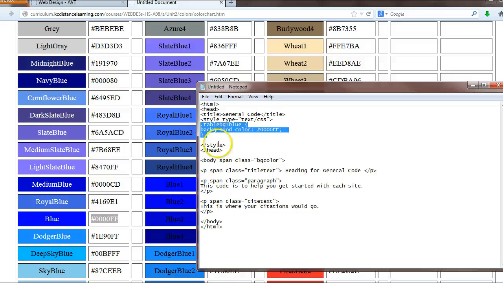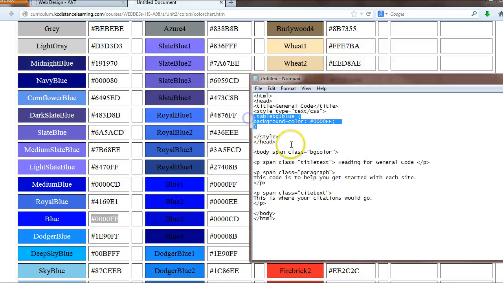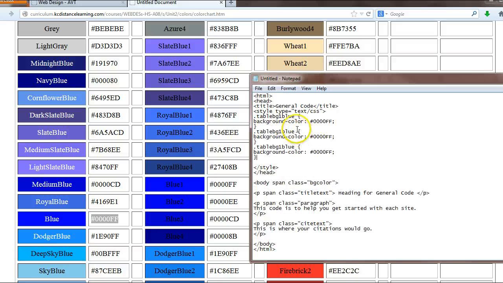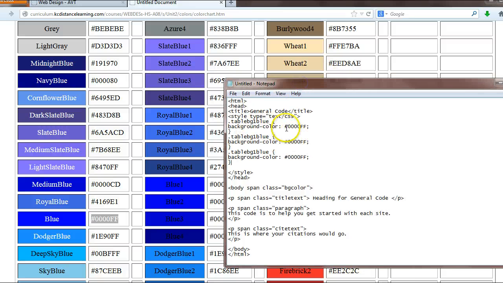with table background colors. So I'm going to highlight here what I have for my first table background style, and I'm going to just paste it a couple times because I know that that's what I'm going to be working with, right? So I have my blue color set up. I still need to do purple. I'm going to name this table background 2